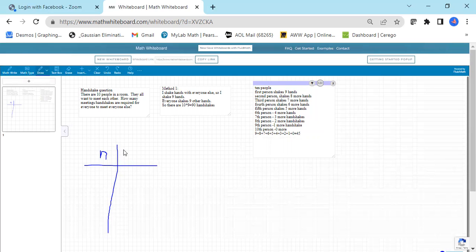And H of N, I'm going to use a little bit of algebra terminology. H be the number of handshakes for N people. H is the number of handshakes. So for instance, you can draw pictures, or if you're doing it in the class, you can have the students actually come up. If I have 1 person,